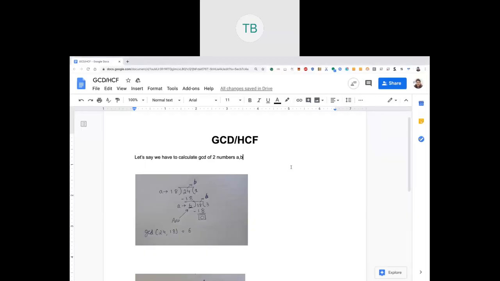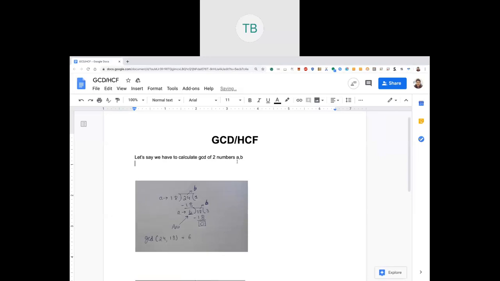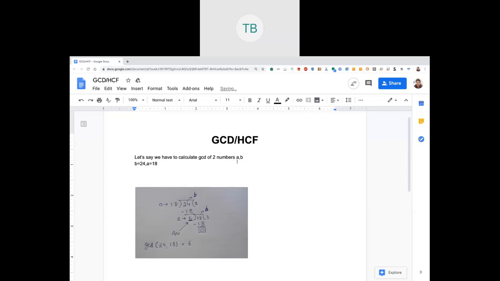Here today in this lecture we will learn how to compute the GCD of two numbers, let's say a and b. Firstly, let's take an example. Say b equals 24 and a equals 18. Now we can write 24 as 18 into n times